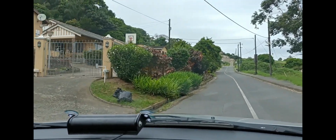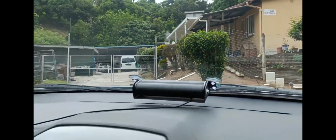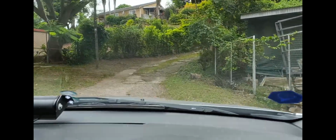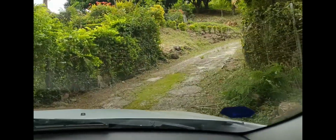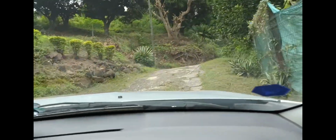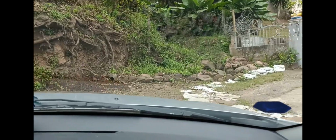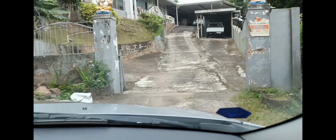Good morning, everybody. I'm arriving at a property in the Verulam area. I've been to this house before to get a couple of Mambas in a bird aviary. This time it's the house above them, which I've also been to before and taken two Mambas from this place as well. And apparently yesterday their domestic worker opened a cupboard in one of the bedrooms, the top cupboard, and